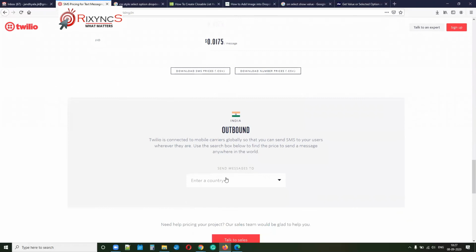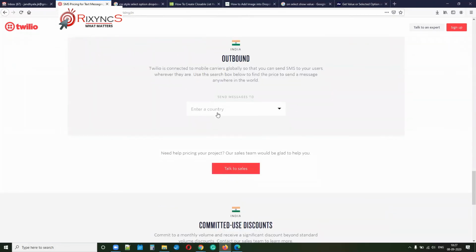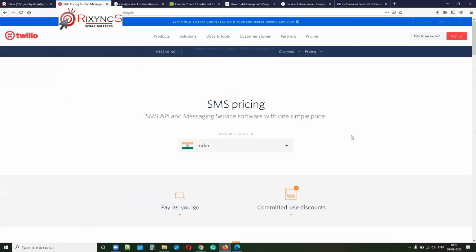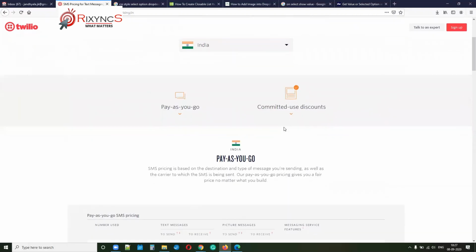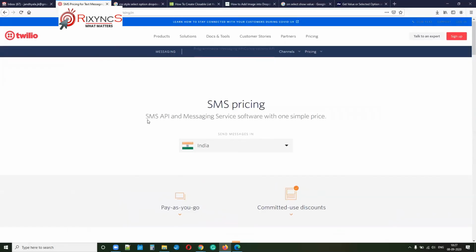This is for both outbound and inbound, somewhere around 90 paisa. But the pricing for SMS, since this is a programmable SMS API and messaging service software,